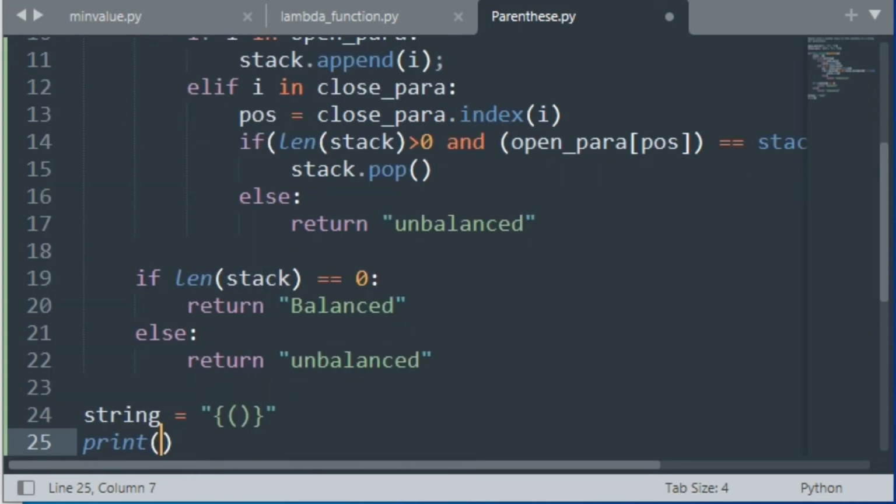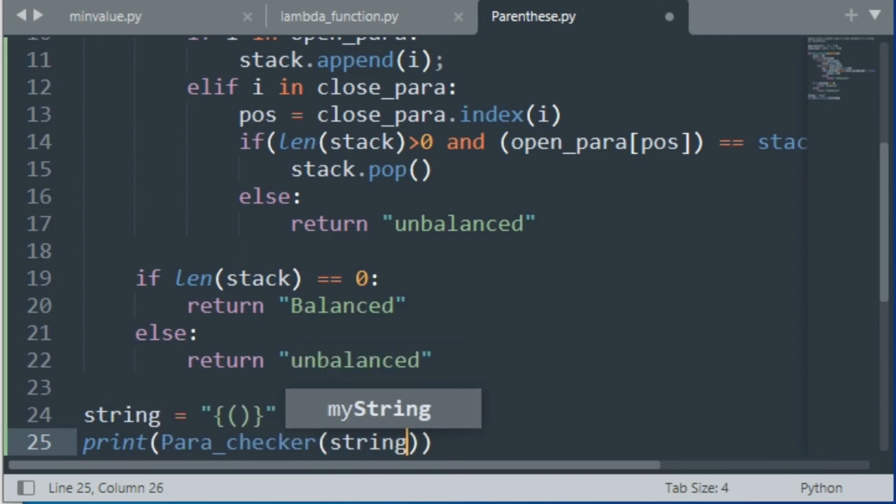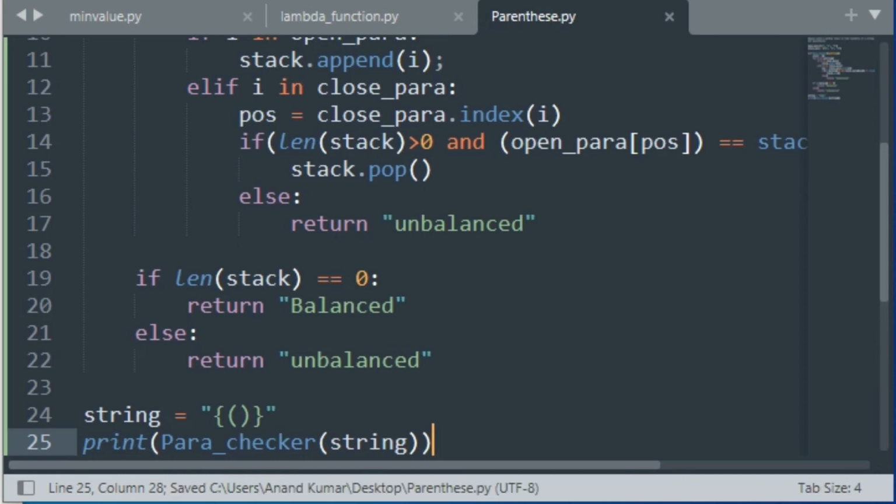Print, and let's just call the string here, check parachecker, and just put the string here in the function.